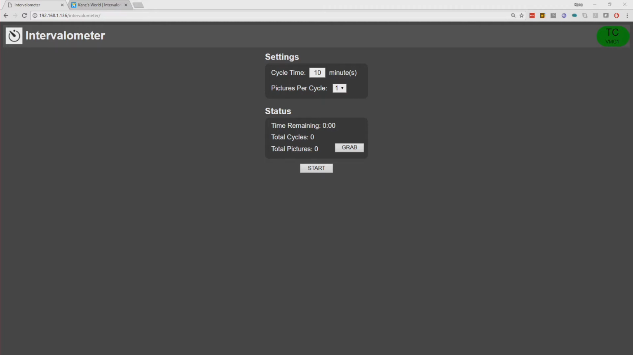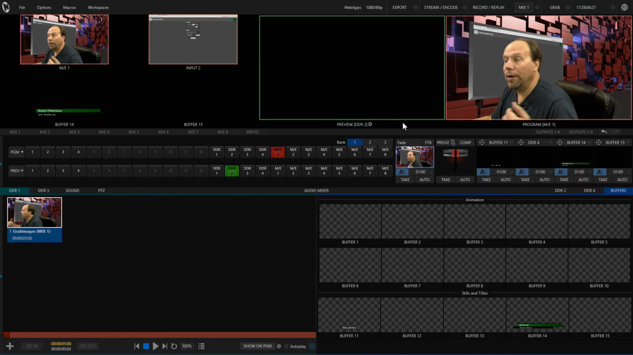Now, you don't have to have them show up in a DDR. They could just be grabbed onto the hard drive, and then you could just go use them later if you wanted to. But I'll go in here and I'll hit start. And this will start the system, and it will even start with doing some image grabs right off the bat. Now, I just have it doing 1 grab a minute. So if I go over and look in the TriCaster, you can see there's already 1 image grab in there